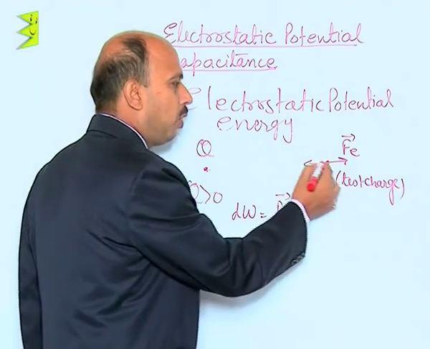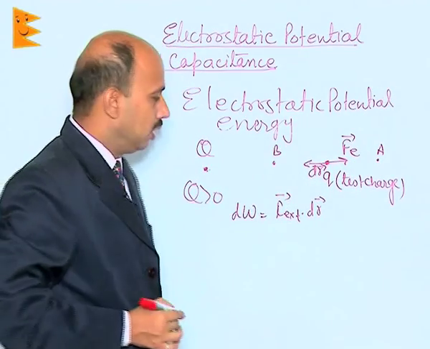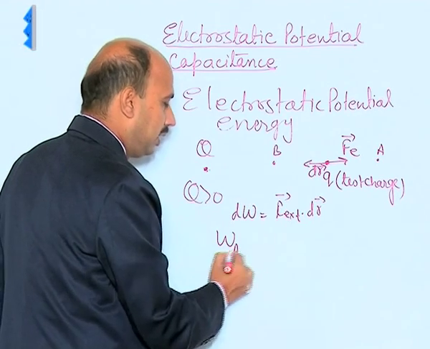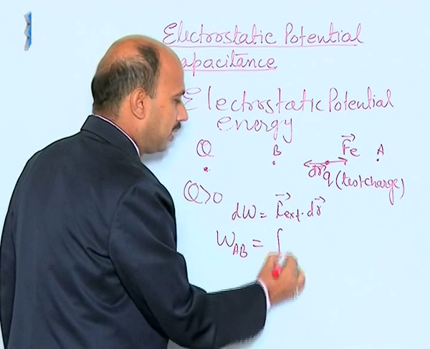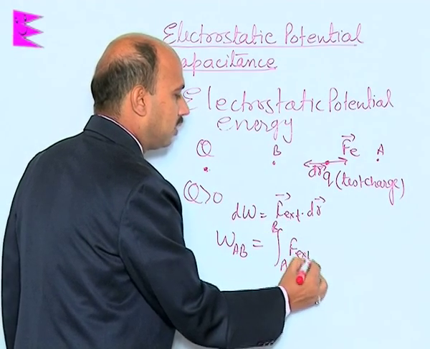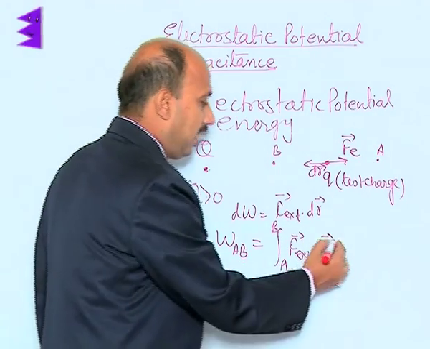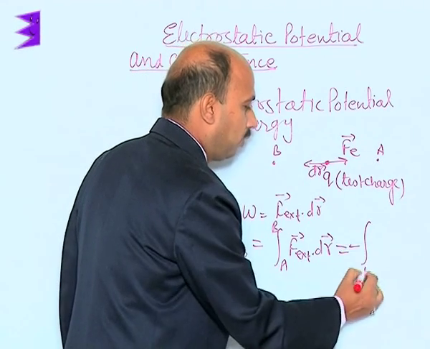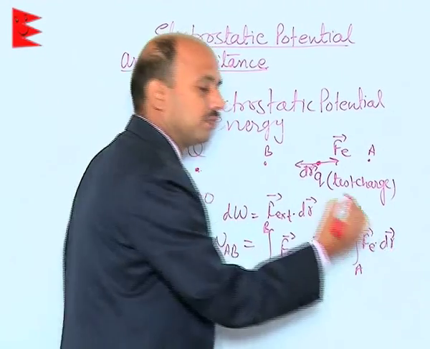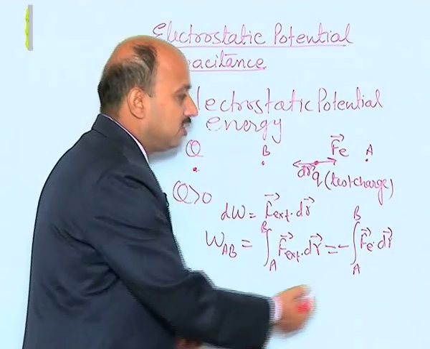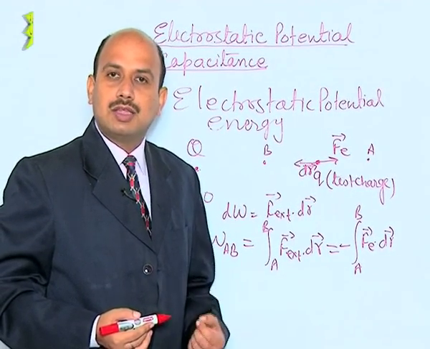Now, suppose this charge is brought from any point A to any other point B in the electric field. Then we can write the total work done in taking the charge from A to B. So, the total work done by the external force can be written as integral from A to B of F external dot dr, and this work done is actually equal to the negative of the work done by the electrostatic force. So, now this work done is stored in the form of energy, and this energy is known as electrostatic potential